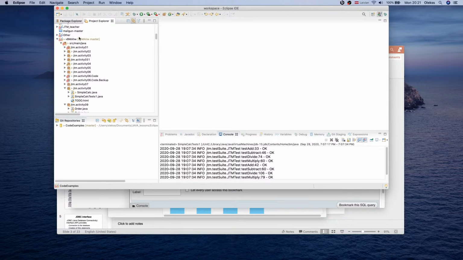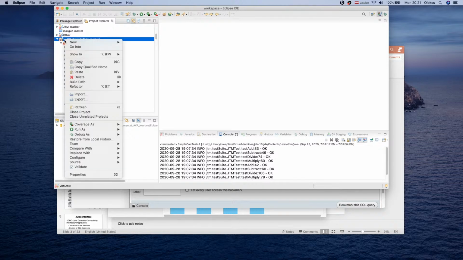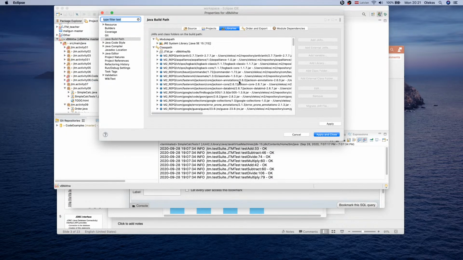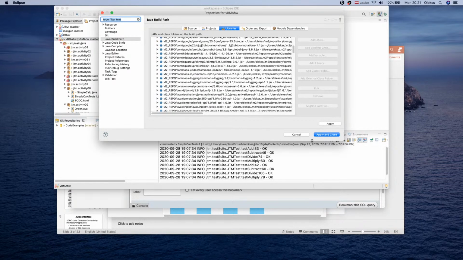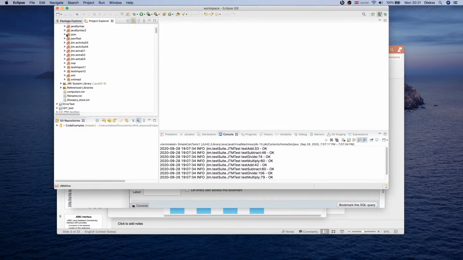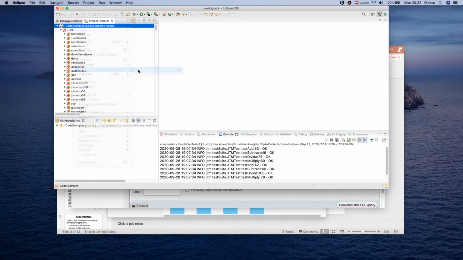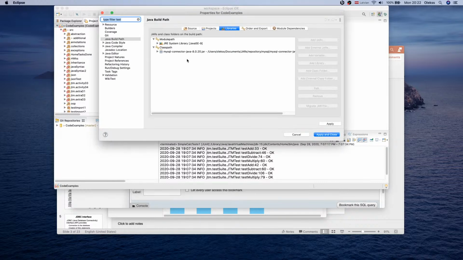Basically, our project which we started working at the beginning, since then, that should already be here. Yeah, Java build path, so you don't need to do everything. It should be somewhere here under this M2 repositories, but if you want to use it in a different project, you can simply go to build path and press on